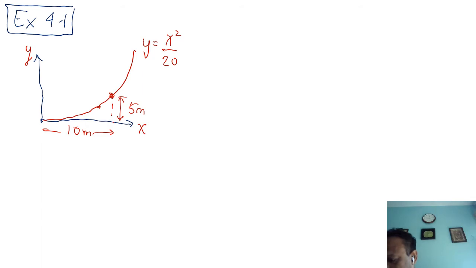Okay, and because this guy is moving downwards, let's say this is your tangent and that's your normal. Let's call this point A,